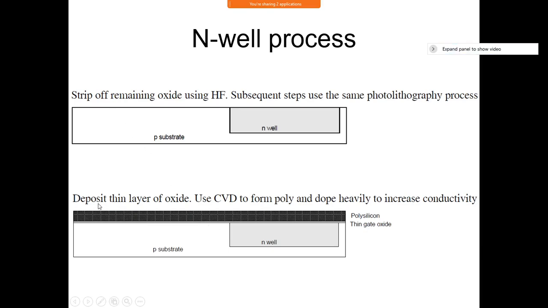Of course, deposit means it can be either grown or deposited. What may be the process involved in making this thin oxide growth? Dry oxidation. Dry oxidation is preferred for thin oxide growth because we want a very good quality of thin oxide. Why? What do you mean by quality of the thin oxide layer?